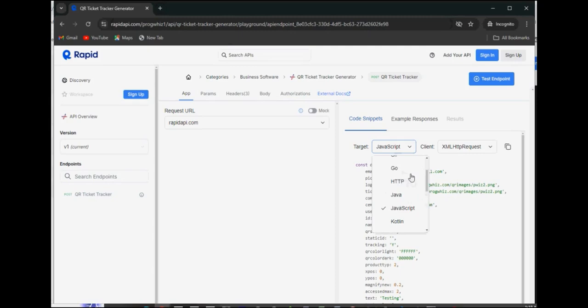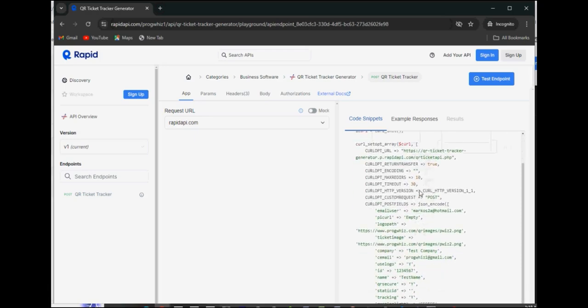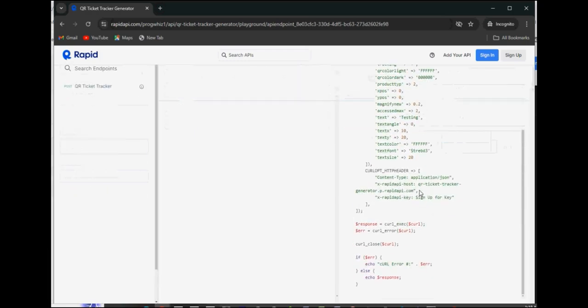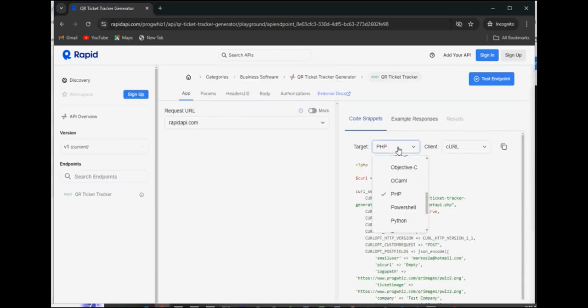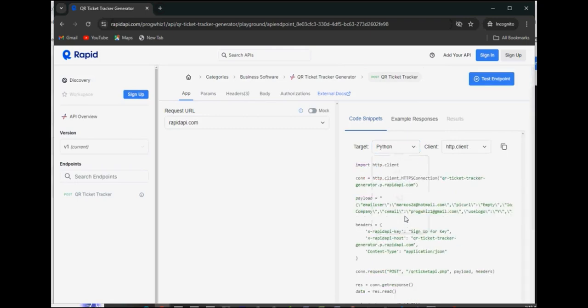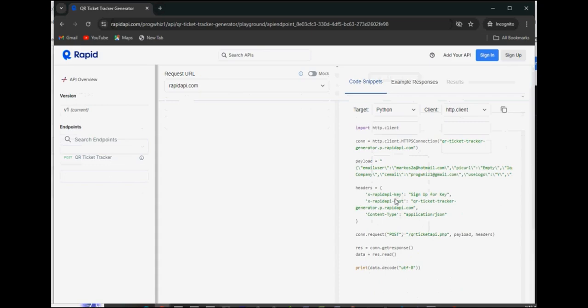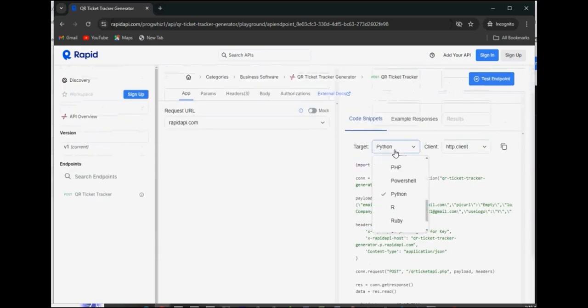Then we look at the return parameters, the response payload. There's status, the URL for the QR code image, the content of the QR code, error code if any, and you also have a new image called a ticket image, new ticket image. That's a URL to the new ticket image, which will have the ticket and the QR code embedded